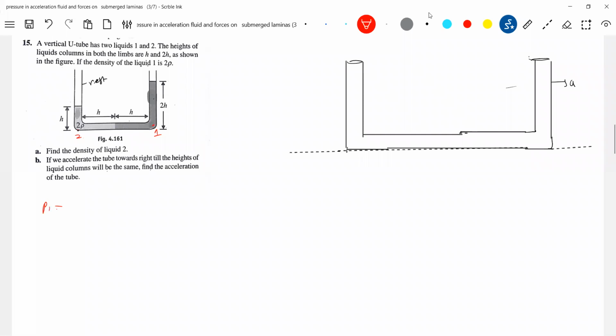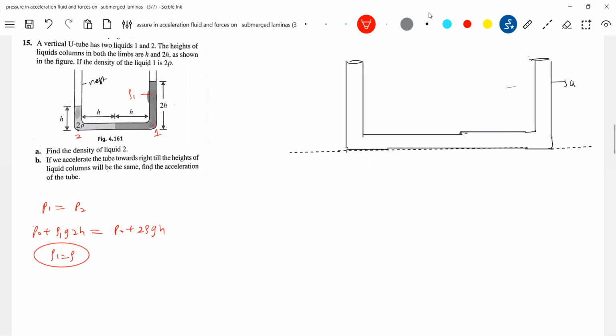So get into the mathematics. What is the pressure at 1? We don't know the density of the liquid, I'll call it rho 1, as such it's a question mark. So this should be equal to P naught plus rho 1 g 2h. What is the pressure at 2? P naught plus 2 rho g h. So P naught cancels, so rho 1 equals rho. The density of the other liquid is rho. That's why, as it is lighter, it has risen to more height.